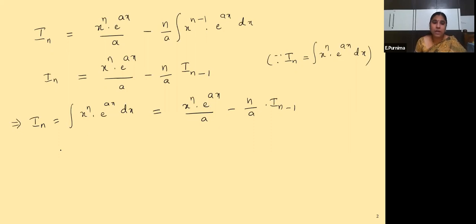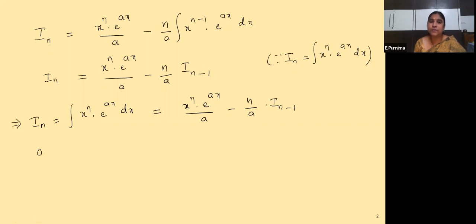Now, we don't know, because in the question it is given that n is a positive integer, so n can be 1, n can be 2, n can be 3 and so on. So whatever it is, this is called the reduction formula for this function. On successive reduction, if you observe here, In has reduced, originally it was In, it is reducing to In minus 1, which means one step is reduced.